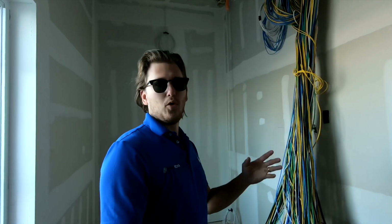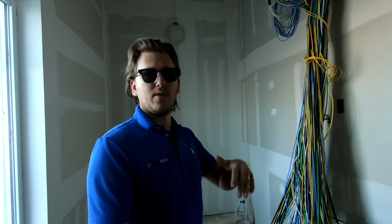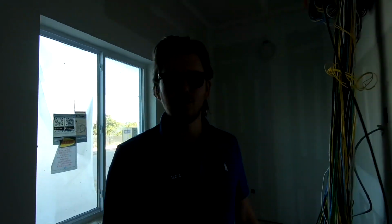So it's 4 floors. We're going to have speakers at each landing to make it more enjoyable for the guests. Say there's like a game on or something, it's going to be going throughout the entire building. Should be pretty cool. One other thing that we're going to be doing in here is running cat cable throughout the entire property, and the cat cable is going to be used for WAPs, wireless access points. That way, no matter where the customer is or the resident, whoever's staying here, they have full Wi-Fi coverage. And also, it's going to help our Control 4 system operate at its peak,